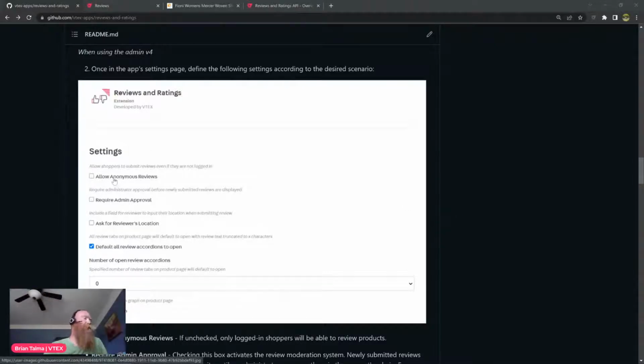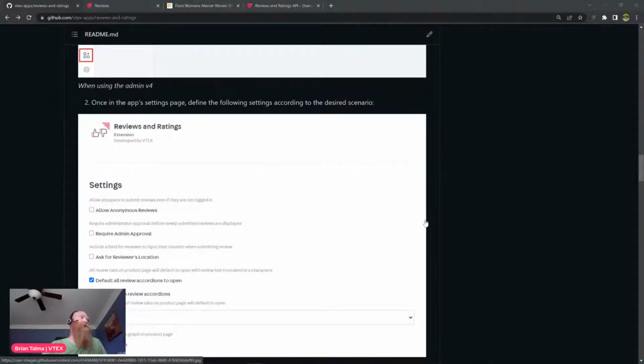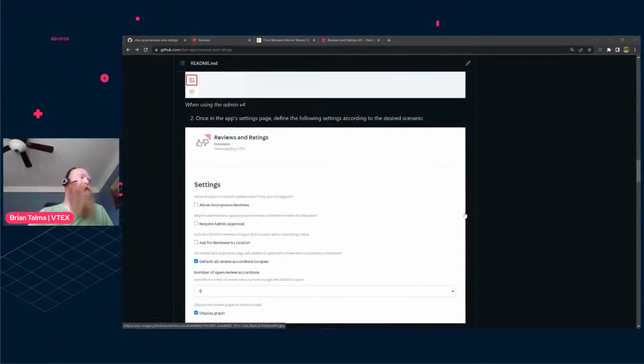Otherwise, the shopper has to be logged in in order to leave a review. You can require administrative approval. We'll look at that screen in a second here. Just so you can make sure that the review someone leaves is appropriate,